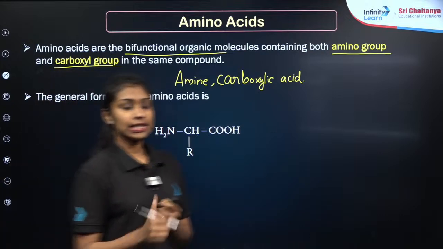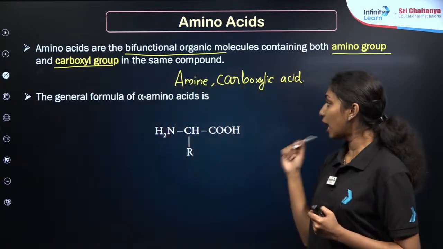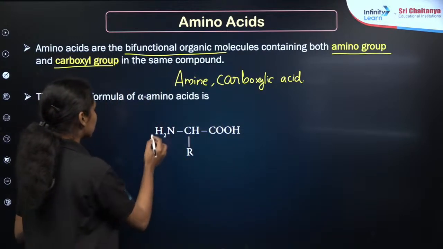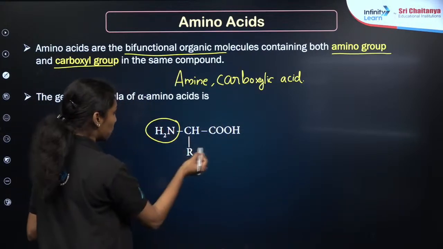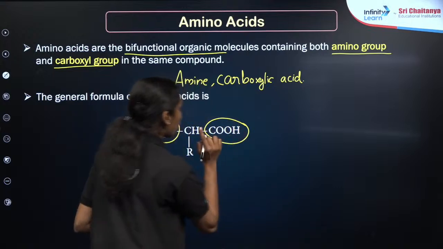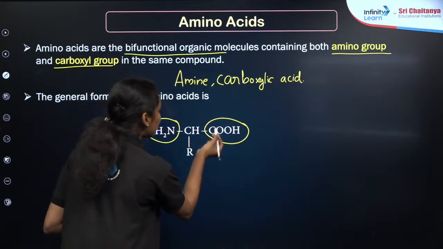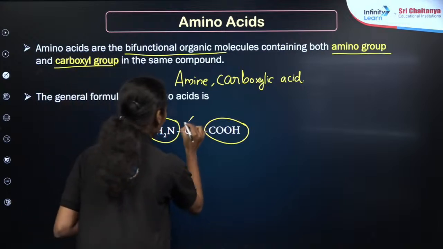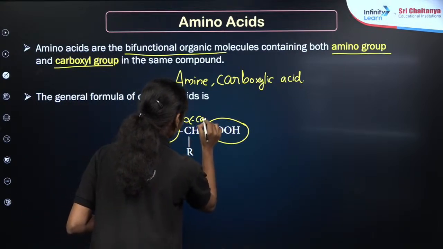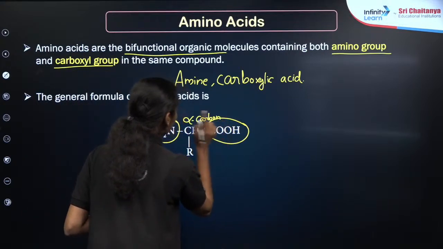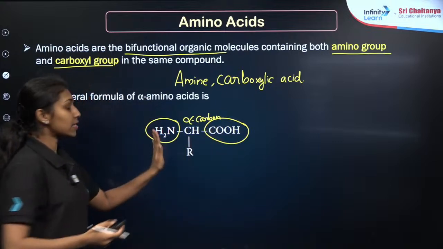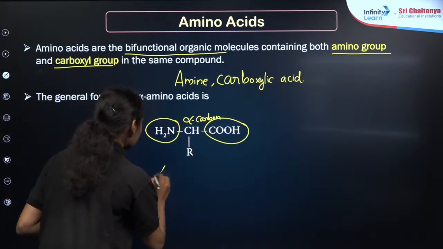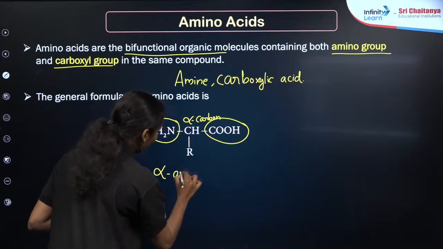Right? This is the basic structure of the alpha amino acids. I will be explaining the alpha structure here. This is our amino group, right? NH2 group. This is our carboxylic acid group, COOH. So, whenever the carboxylic acid is present on a carbon atom, that carbon atom is known as the alpha carbon. In this particular structure, the NH2 group, that is the amino group, is present on the alpha carbon atom. So, I can call this amino acid an alpha amino acid.